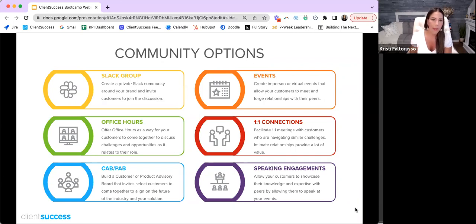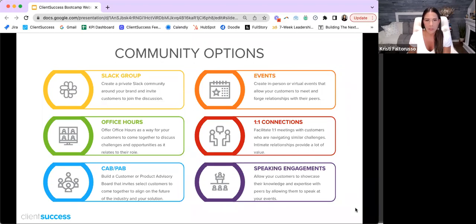So if you're already paying for Slack, it's part of your company, right? You guys have Slack as a product. You can build a group off of that, right? Invite people to go and do that. Now, I will say, set rules and guidelines as you would with any community. It's important to set expectations, make sure that people know what they're there for. I've seen some of these things go sideways where they think, oh, this is a place where I'm going to go submit all of my product requests. False. That's probably not the best way to use that. So just make sure that you've got some rules and some ways to regulate that.